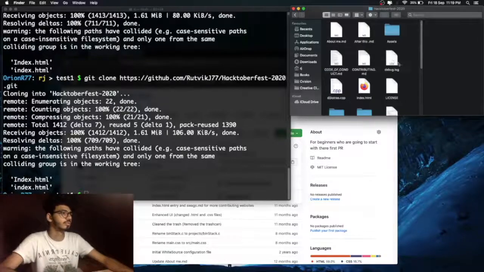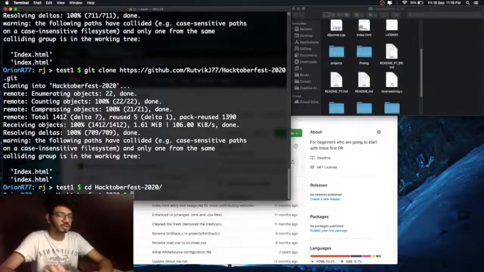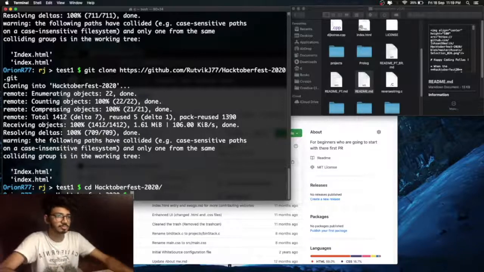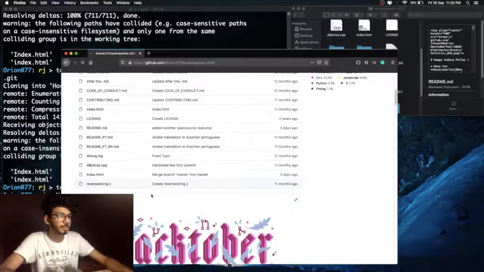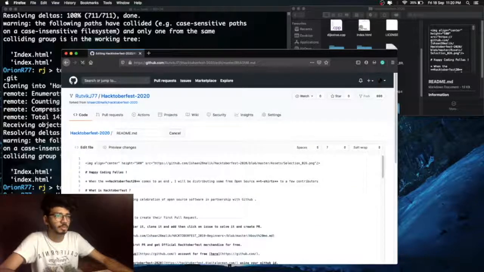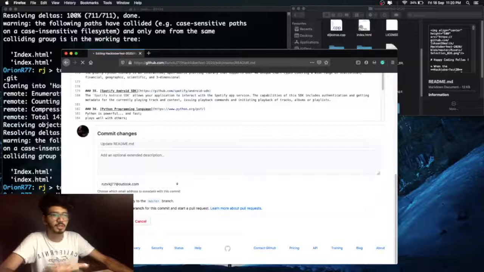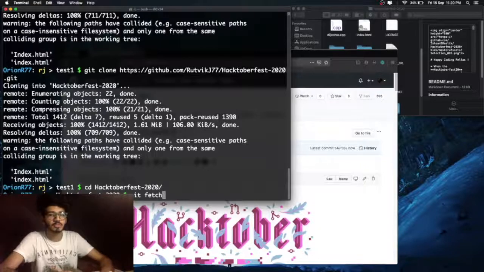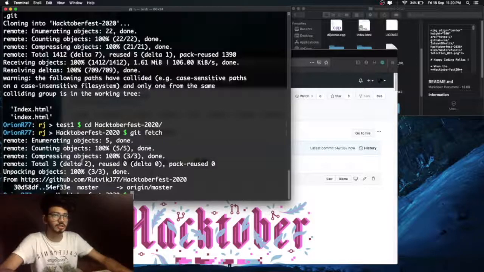Okay, so done. If I open the CD factor work file and make some changes, let's say to a readme file, like going in here and removing this formatting style, then I will update the readme and commit. Changes are committed. Now using the git merge or git fetch command, I'll see my master branch and the current branch in my local repository are linked. See, it has been linked.